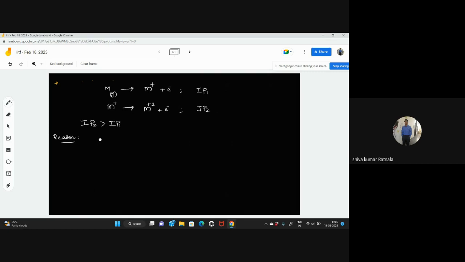That means after removal of one electron, the nuclear charge in the unipositive cation increases,